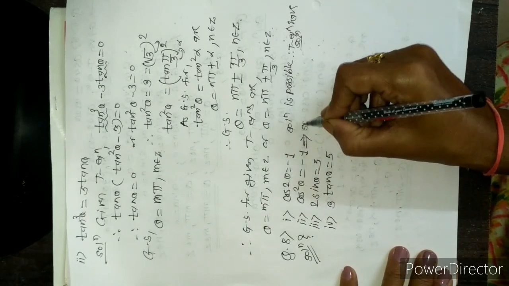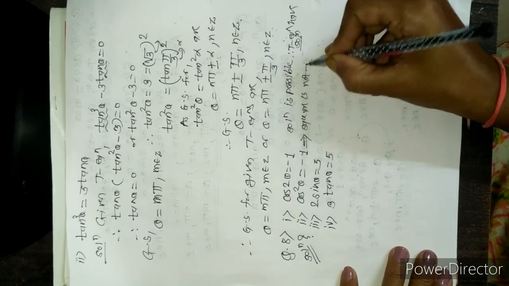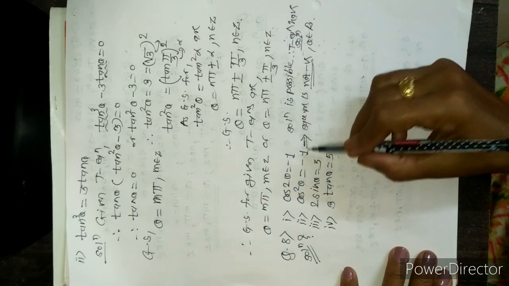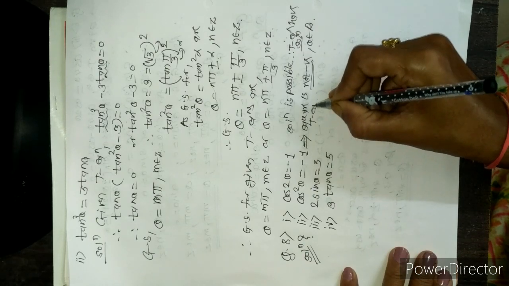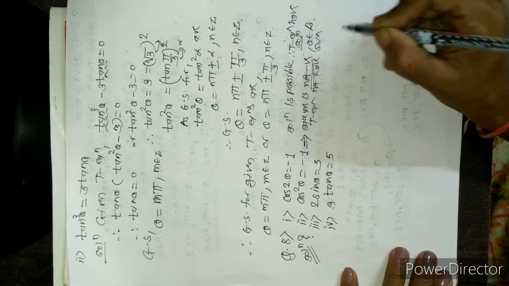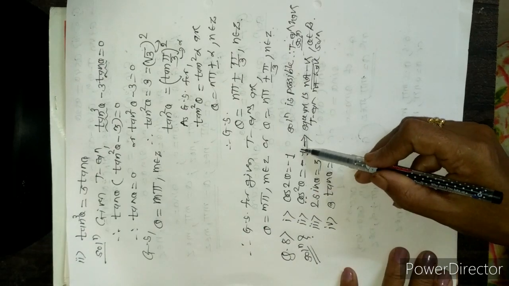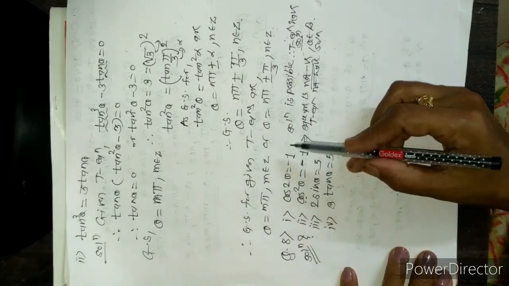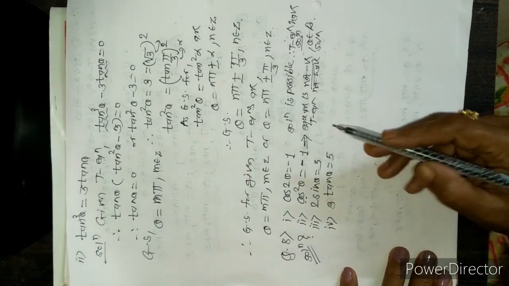A square is not negative as theta belongs to R, and therefore the second equation cannot have a solution. This trigonometric equation does not have a solution, because a square is not negative. We can compare with 1: 1 is nothing but cos 0. In the previous case we took 1 as cos 0, cos square 0, but here the square is never negative.